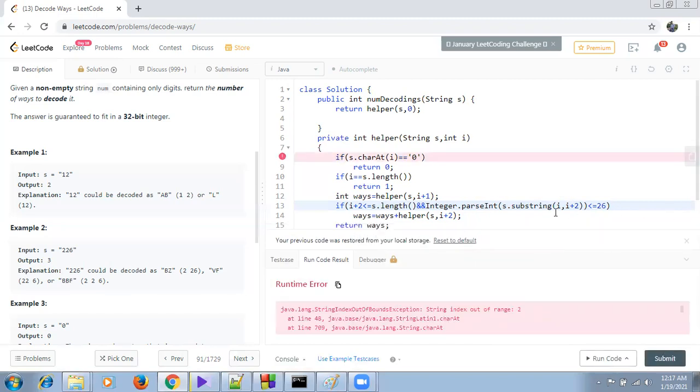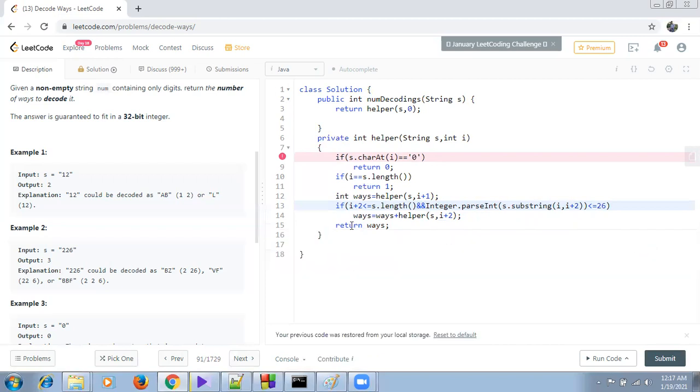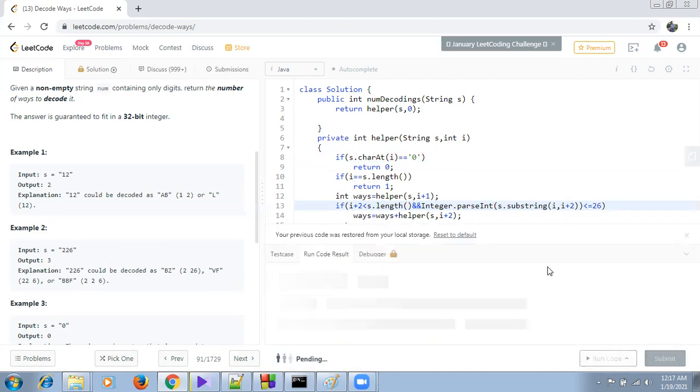No, why is it giving it again? I plus 2 is less than s dot length.